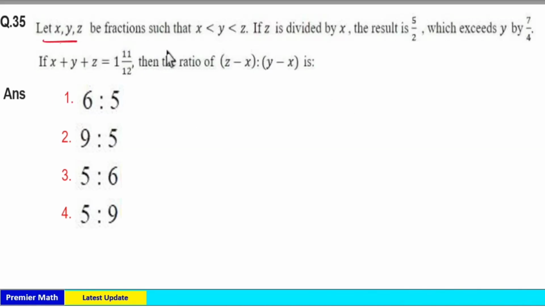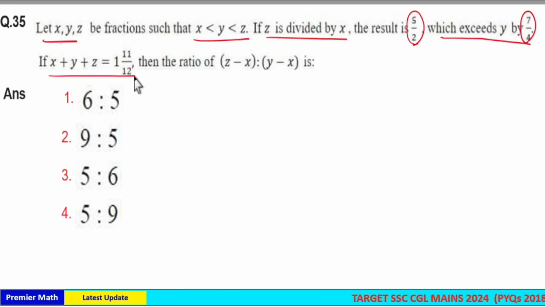Let x, y, z be fractions such that x is less than y is less than z. If z is divided by x, the result is 5 by 2, which exceeds y by 7 by 4. If x plus y plus z is 1 and 11 by 12, then the ratio of z minus x to y minus x is. Here,